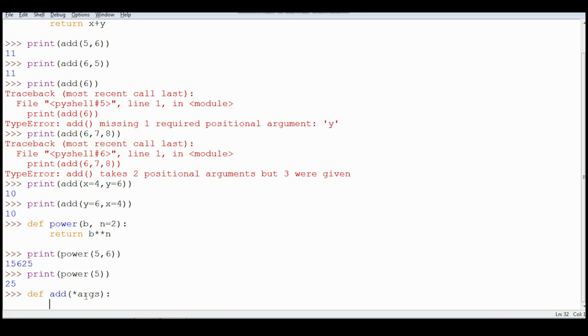Now internally this is converted into a tuple. A tuple, you can say, is an object in which there is a group of values. So the syntax is star and the name of the dummy variable. If the dummy variable is preceded with star, Python treats it as a variable-argument function.